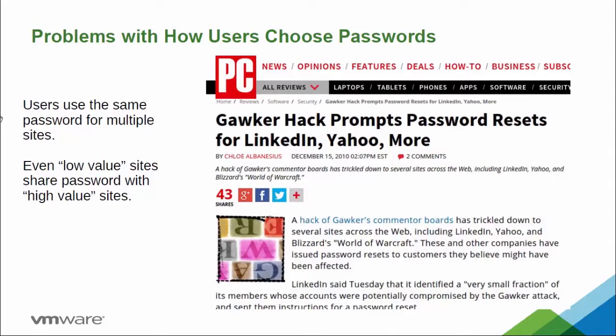LinkedIn, Yahoo, I think World of Warcraft, and a couple of others listed in the body of the article, all of these major sites had to issue warnings to their users to change their passwords, because Gawker had really bad security and stored their passwords in the clear. People got the password file, and users used the same passwords that they did for LinkedIn, for Yahoo, for everything else. World of Warcraft, heaven forbid that they could get into my World of Warcraft account and be me. But